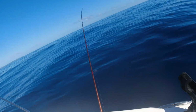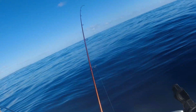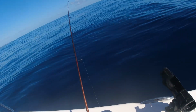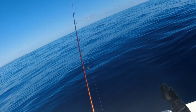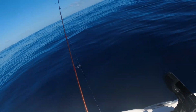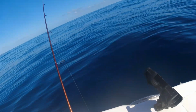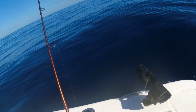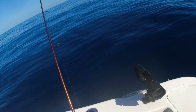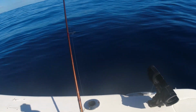Well, that was sad. Look at the bend in the end of the rod at the moment. I lost the fish, the hook and the sinker. There is only the braid and the mono wind-on leader, not even a swivel on this. The bend is caused by the weight and the drag of over 200 metres of line in the water. That's a relatively light rod, but that extra weight on the line is something to keep in mind when you're